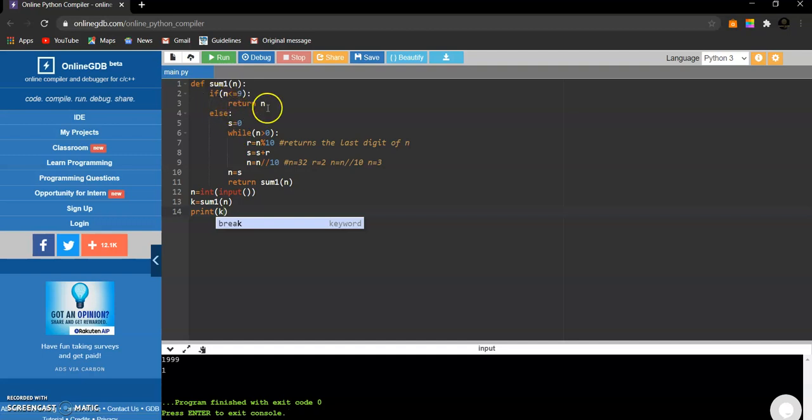Again the base condition is not satisfied, so it is again passed into sum1, and we perform the sum of its digits where 1 plus 0 results in 1. Then again it is recursively passed into sum1 where the n value is now 1, which is less than or equal to 9 because it is a single digit, so we'll return that n value. So that is printed over here.